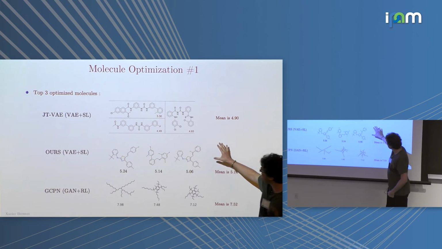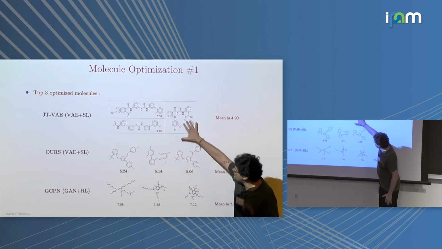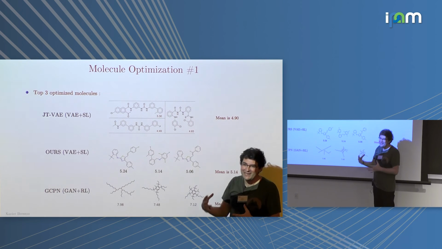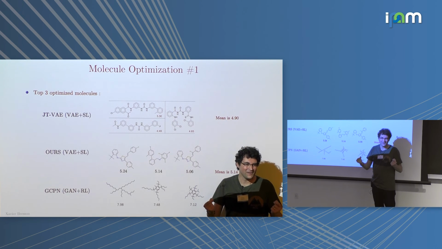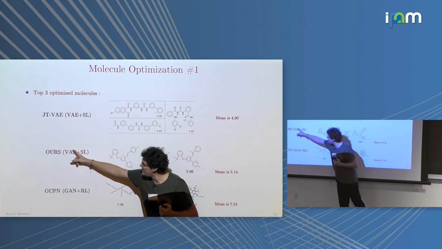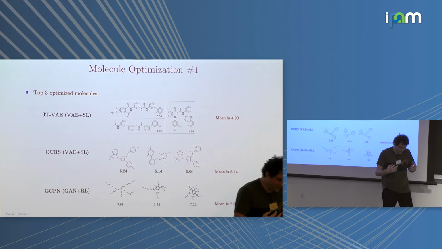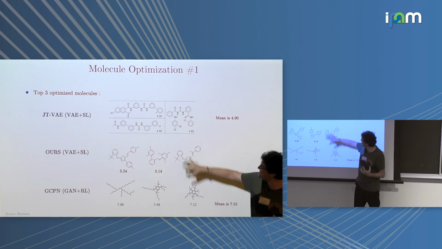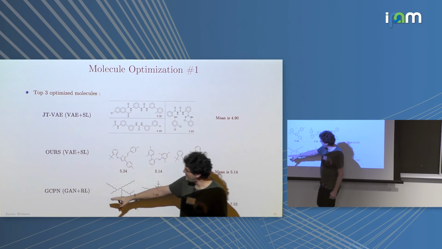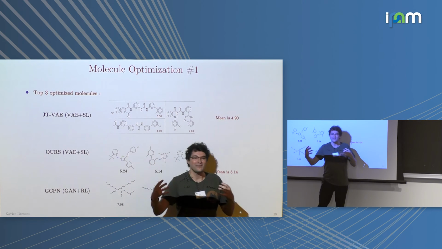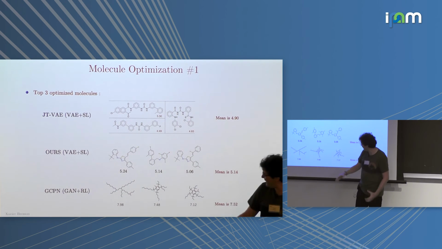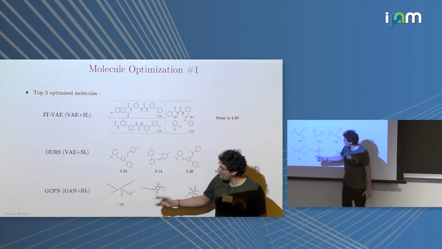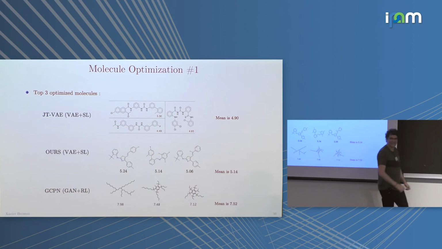Okay, and so what you see is very interesting. These two techniques, ours and GT-VAE, more or less produce the same statistics of molecules. And it makes sense because we are using a VAE. A variational auto-encoder will only give you output with the same statistics. But with reinforcement learning, you can get outside the statistics of your training data. You can see that this is not part of the training set. So of course, our goal is to go to reinforcement learning as the next step.